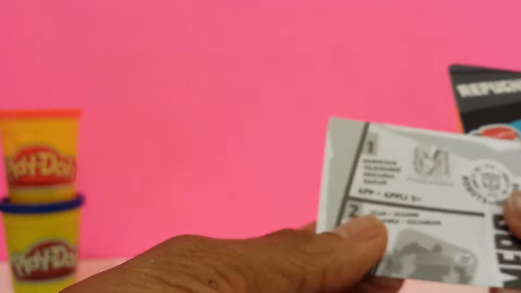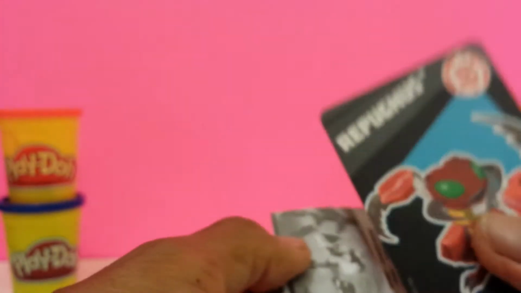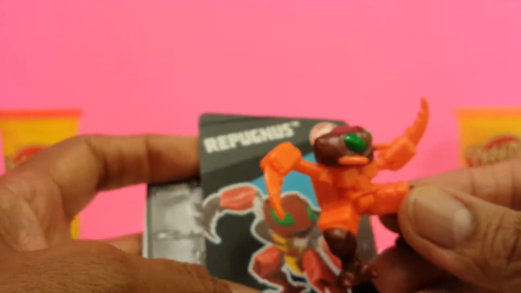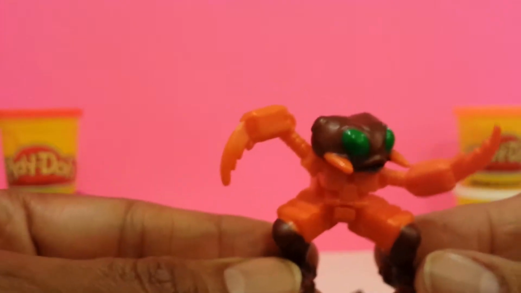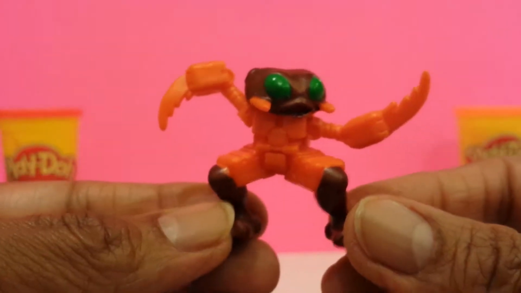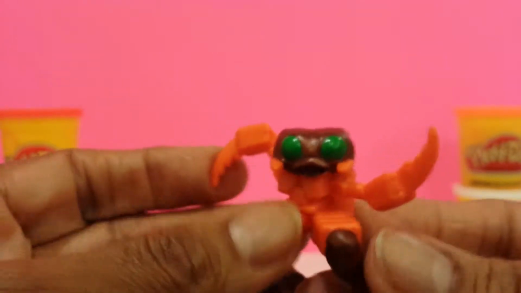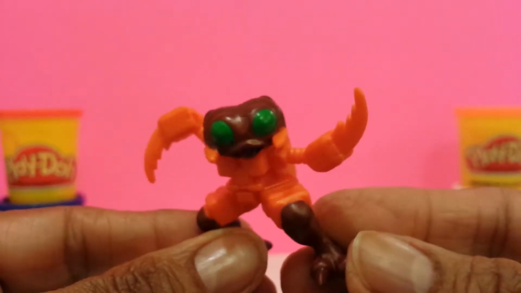It comes with a card. What is this? Oh, okay. Repugnus. That's who we have. Okay, here it is. Repugnus, it says. Repugnus. And I don't know what he transforms into, but here he is. Repugnus. Okay. Let's go on to...